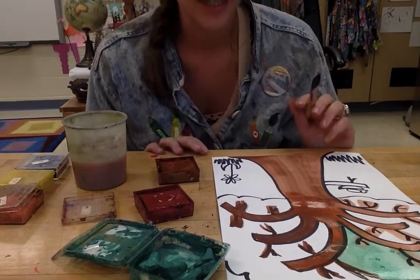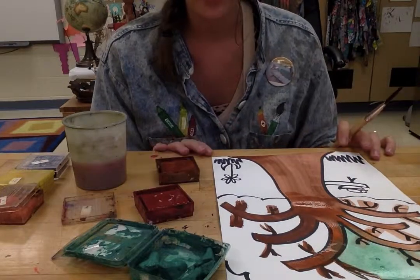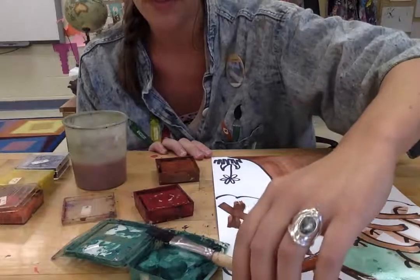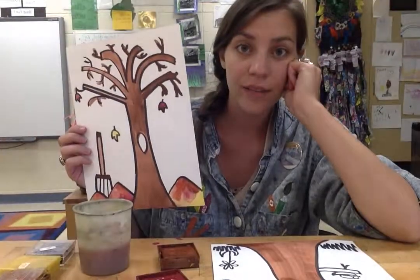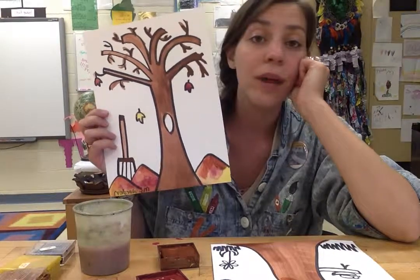When I have filled in my tree and what I put in my environment or in my space, then I'm finished. Just like this one. Then you're ready for the next project, or the next step to this project, which would be really, really fun and probably something you haven't done